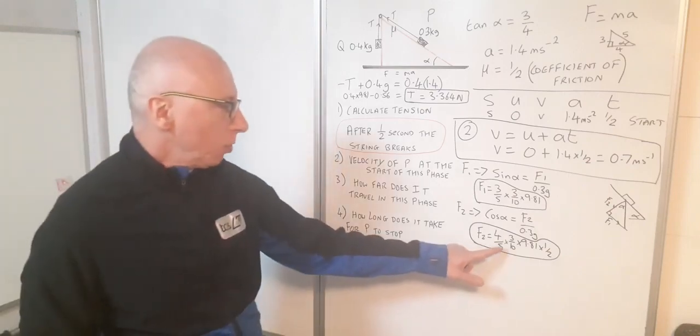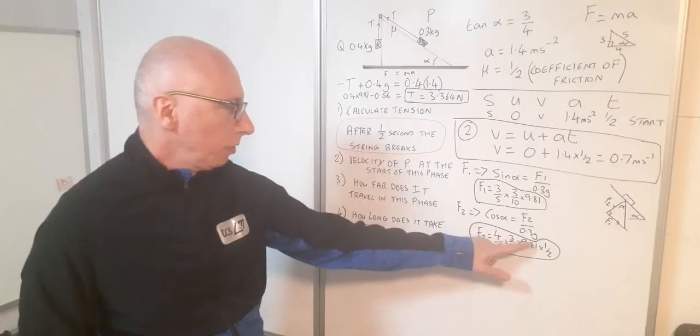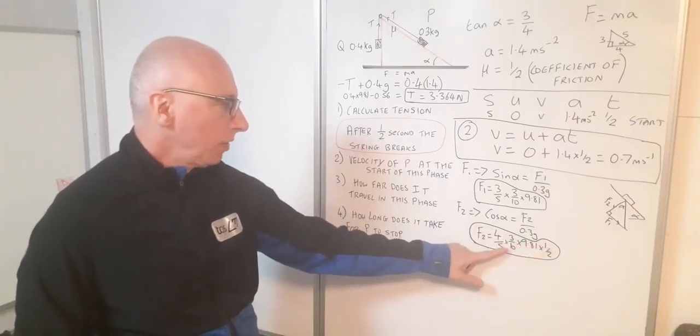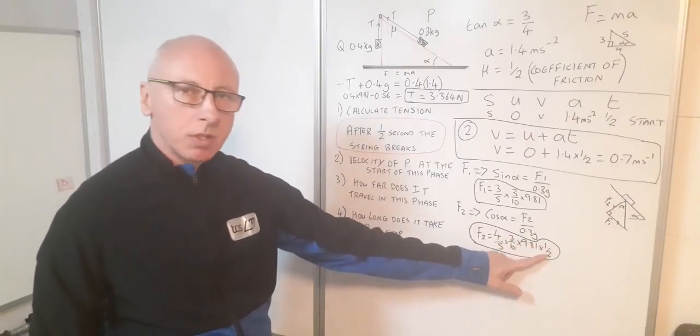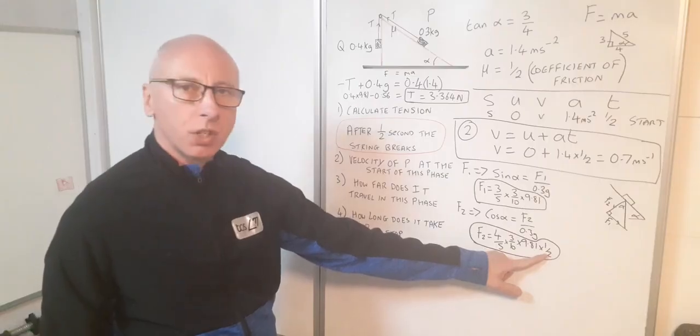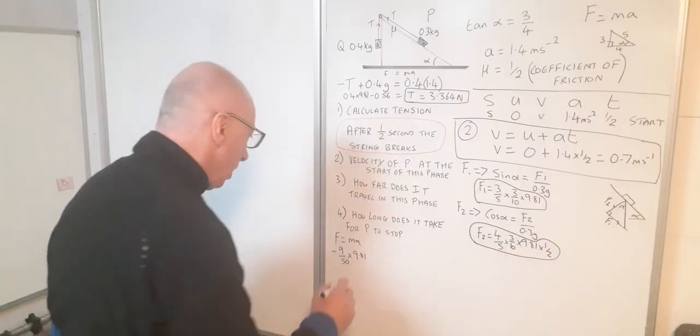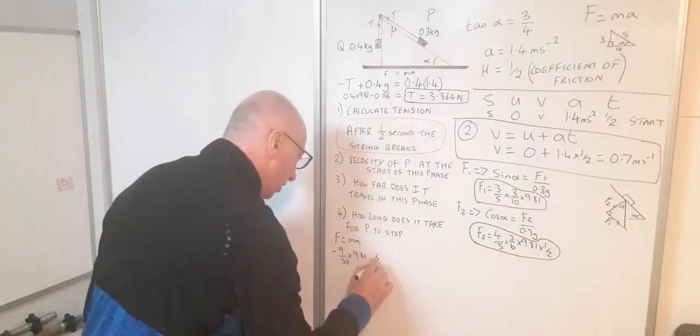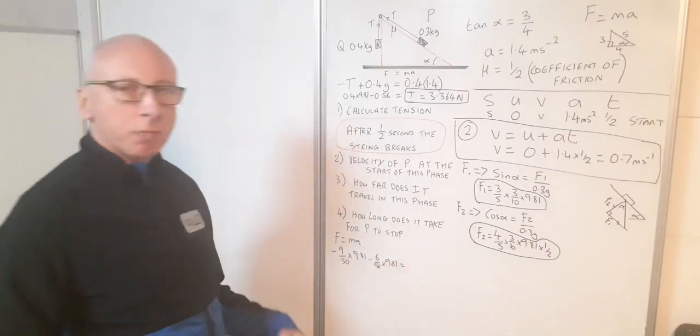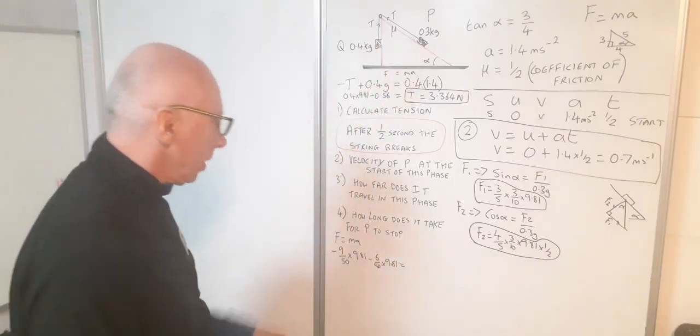And then subtract this one as well. So I've got 4 3s are 12, times 1 is 12. 5 10s are 50, times 2 is 100. So 12 over 100, so that could then be 6/50. So minus 6/50 times 9.81, and that equals mass times acceleration. So 3/10